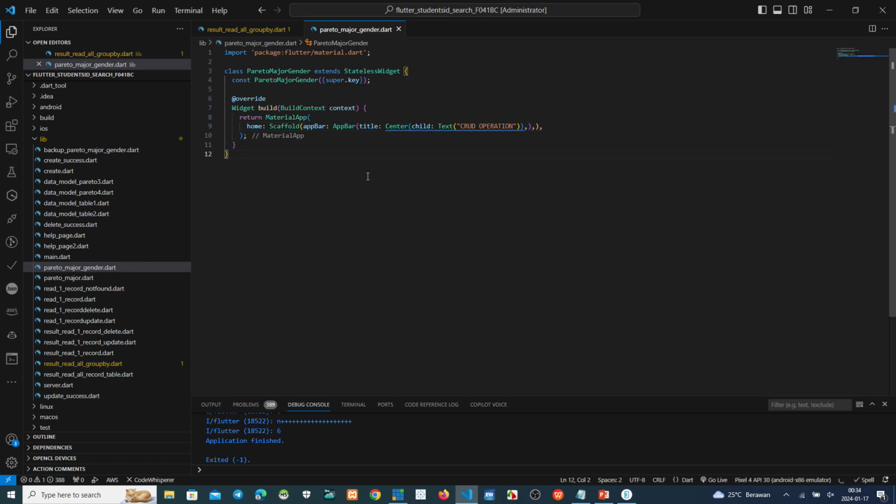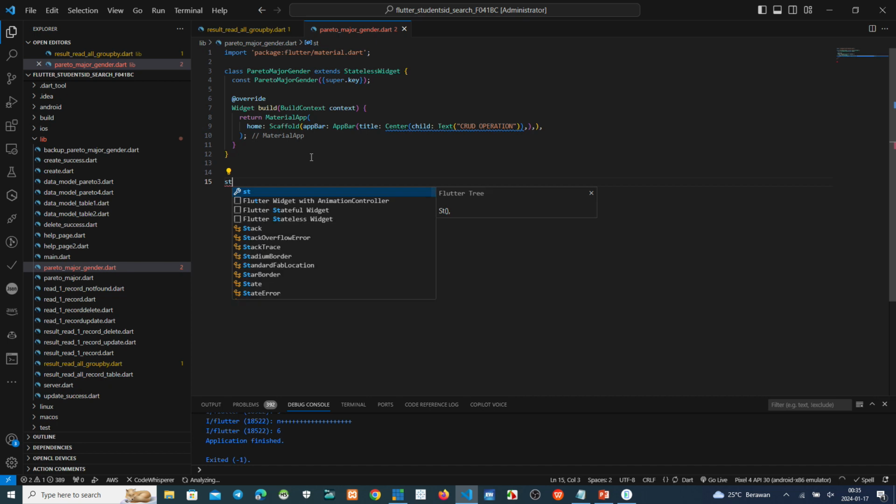Okay, now if we run here, oh, come on please, we make next stateful widget. Why? Okay, this one stateful widget.